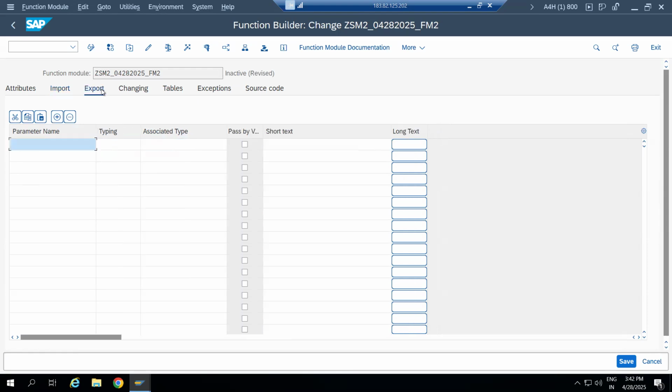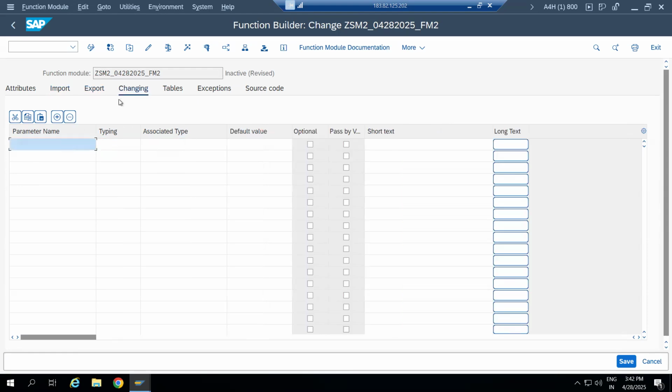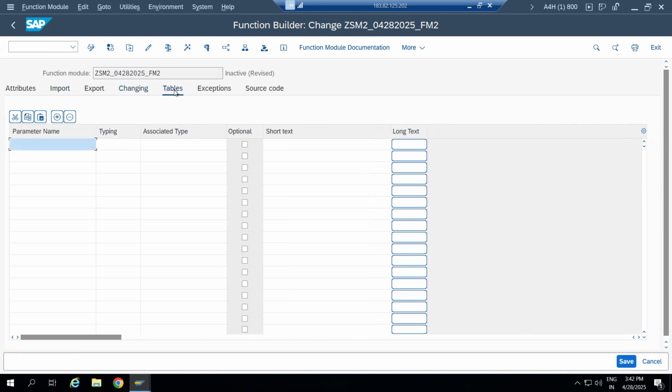Now the export parameter. I want to create a table, right? An internal table. If I want to create an internal table, I can create it under the export parameter, so it acts as an output parameter or changing parameter. So it can act as input or output. Suppose I want to use the tables parameter. Suppose I want to declare my internal table as a table parameter, let's see whether it is possible or not. Suppose here, let me give IT, VPAP,